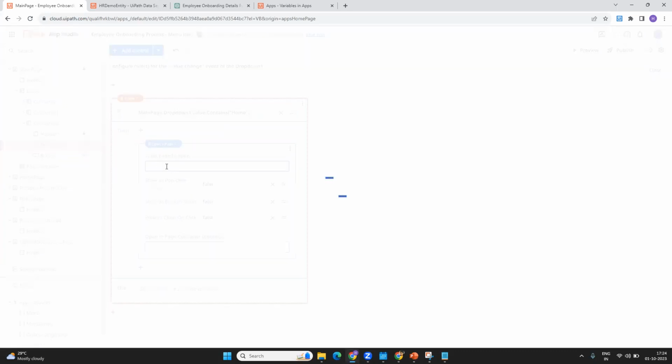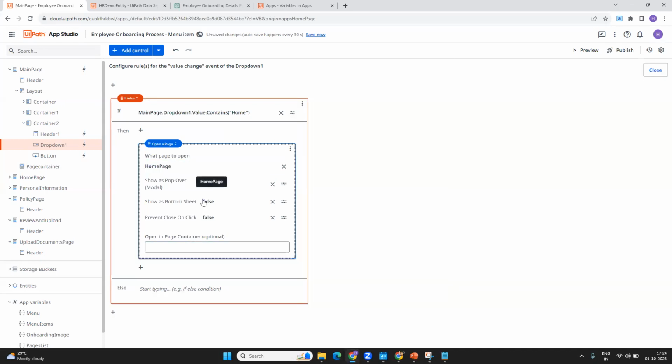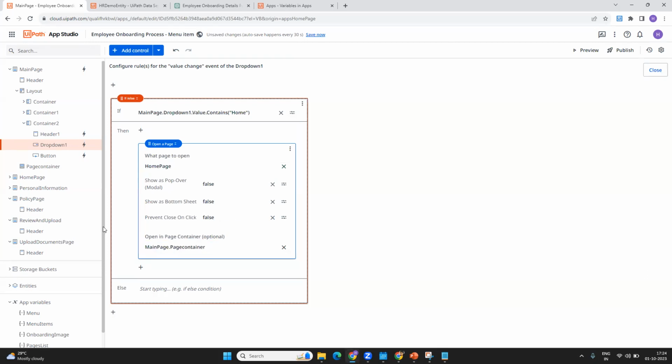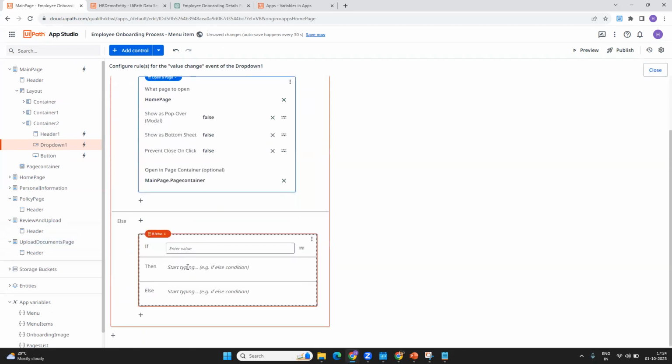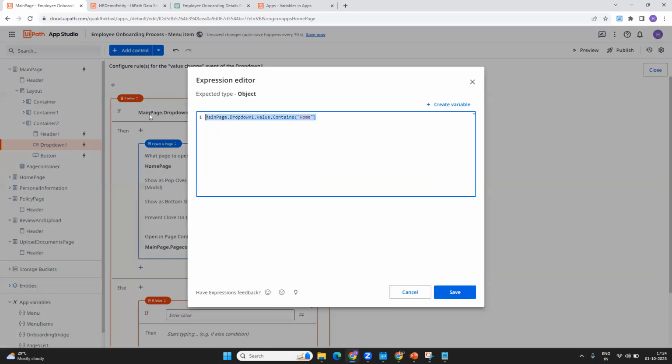So what is the page that I want to open? If it contains home, I want to open home page, right? And I want to open it in a page container, right? Perfect. So otherwise, else, again, I'm having an if else condition. If it contains what, let me copy this whole thing, okay? If it contains,